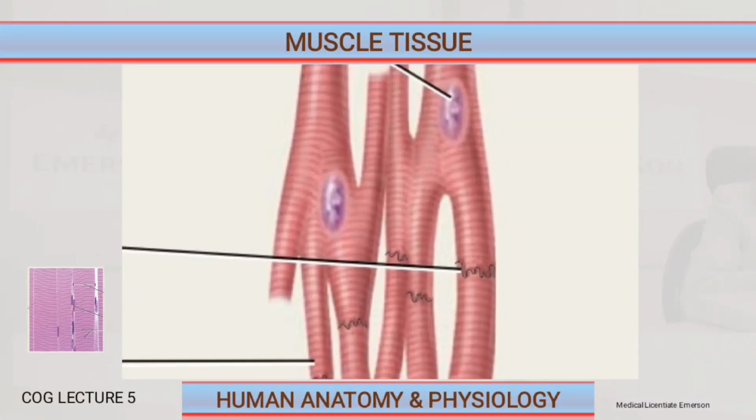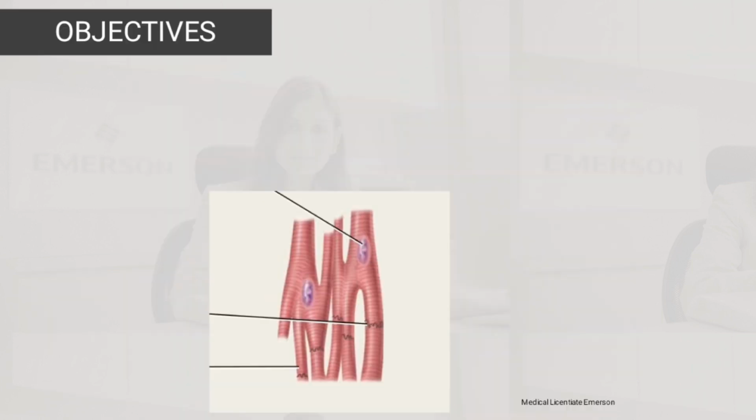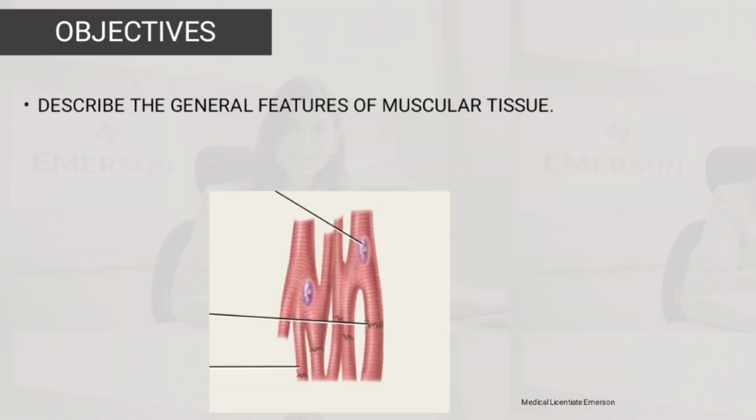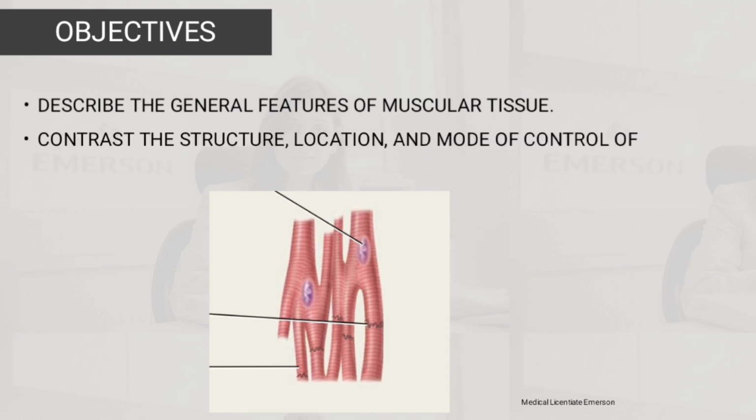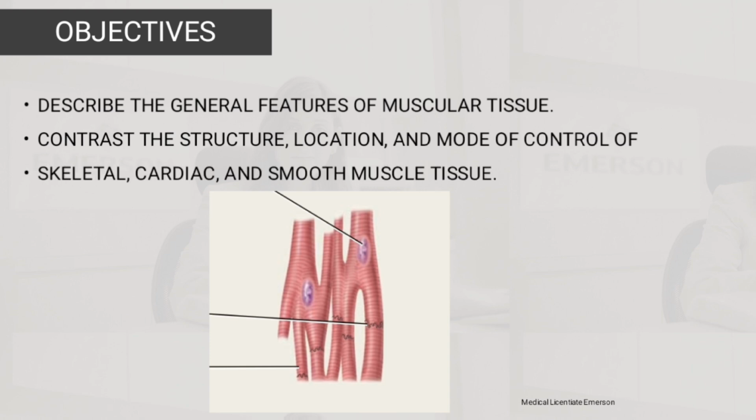So today we are going to talk about the muscle tissue. This is also another human anatomy and physiology lecture. Let's go straight into the lesson. Our objectives for today are to describe the general features of muscular tissue, and to contrast the structure, location, and mode of action of the skeletal, cardiac, and smooth muscle